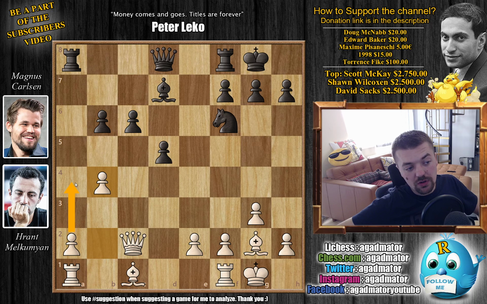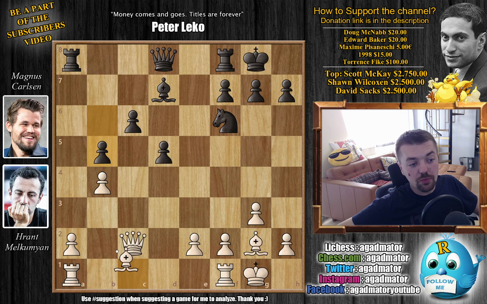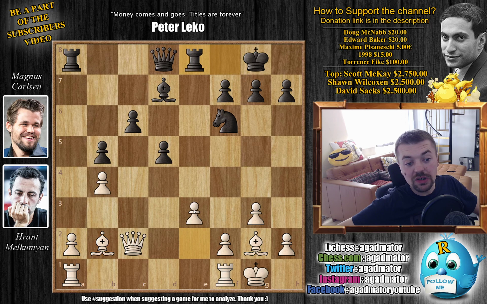So Carlsen doesn't want to allow a free a4, so he pushes b5, now accepting that this is going to be a problem for quite some time. And now, well, although you can play a4, but then just everything gets traded, captures, and black doesn't really have any problems here. So we have bishop to b2 by Melkumyan, we have rook to e8 by Magnus, and now e3. We have h5, hoping to get some h4 action maybe in some later parts of the game, and